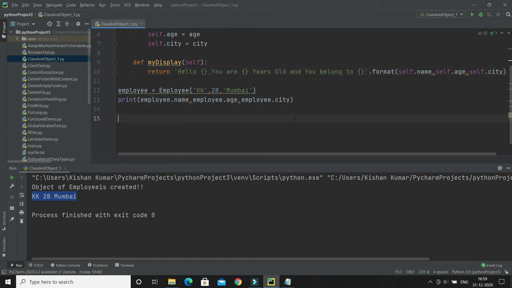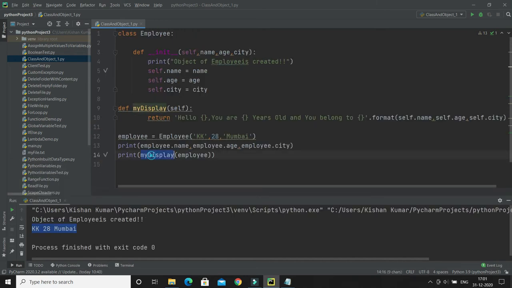So I'm going to call it directly from the print function. I will call my display function, and here of course I need to pass the object reference.